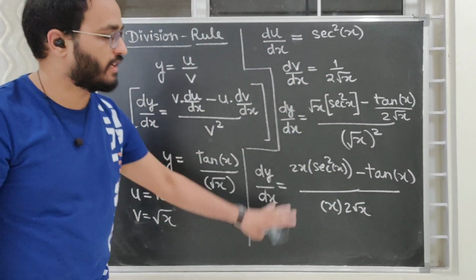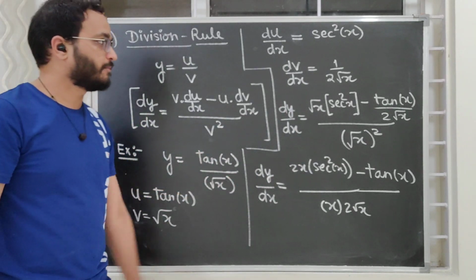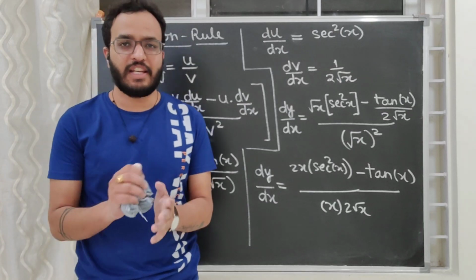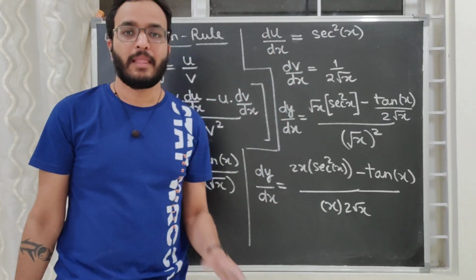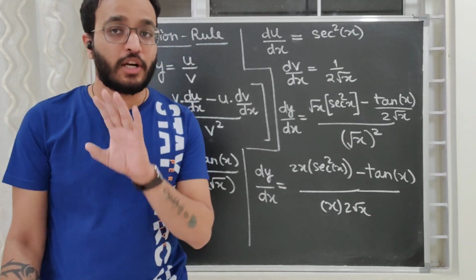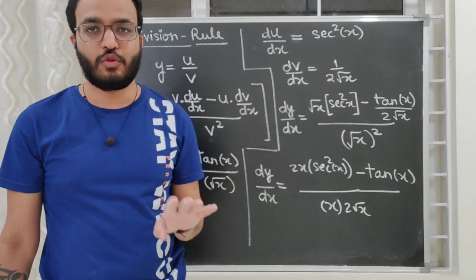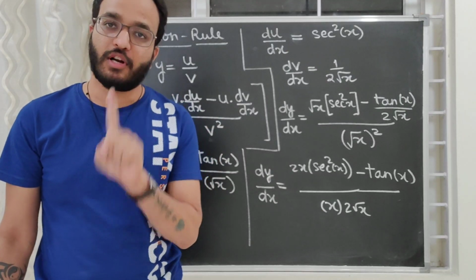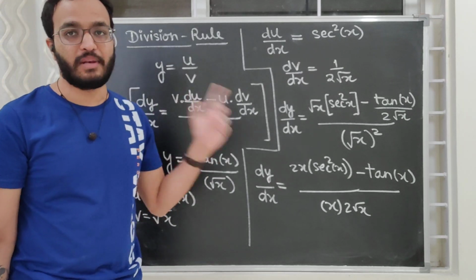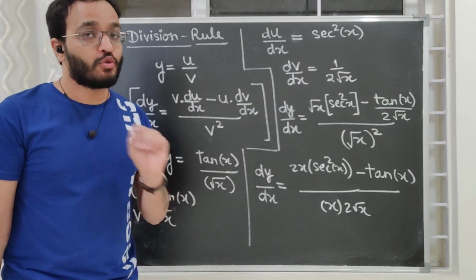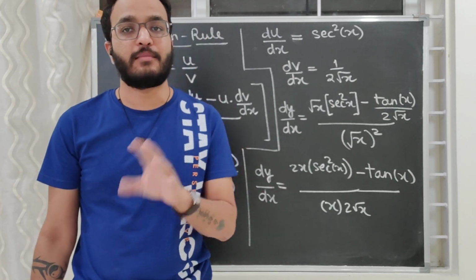So on simplification you will get this value. I hope it is pretty much clear. This is a very simple example I took, and the answers come like this only. Just remember the product rule is more important than the division rule, but yet you have to remember everything, the product rule as well as the division rule, and you should know how to apply them, because students, these kind of situations will arise in some complex problems